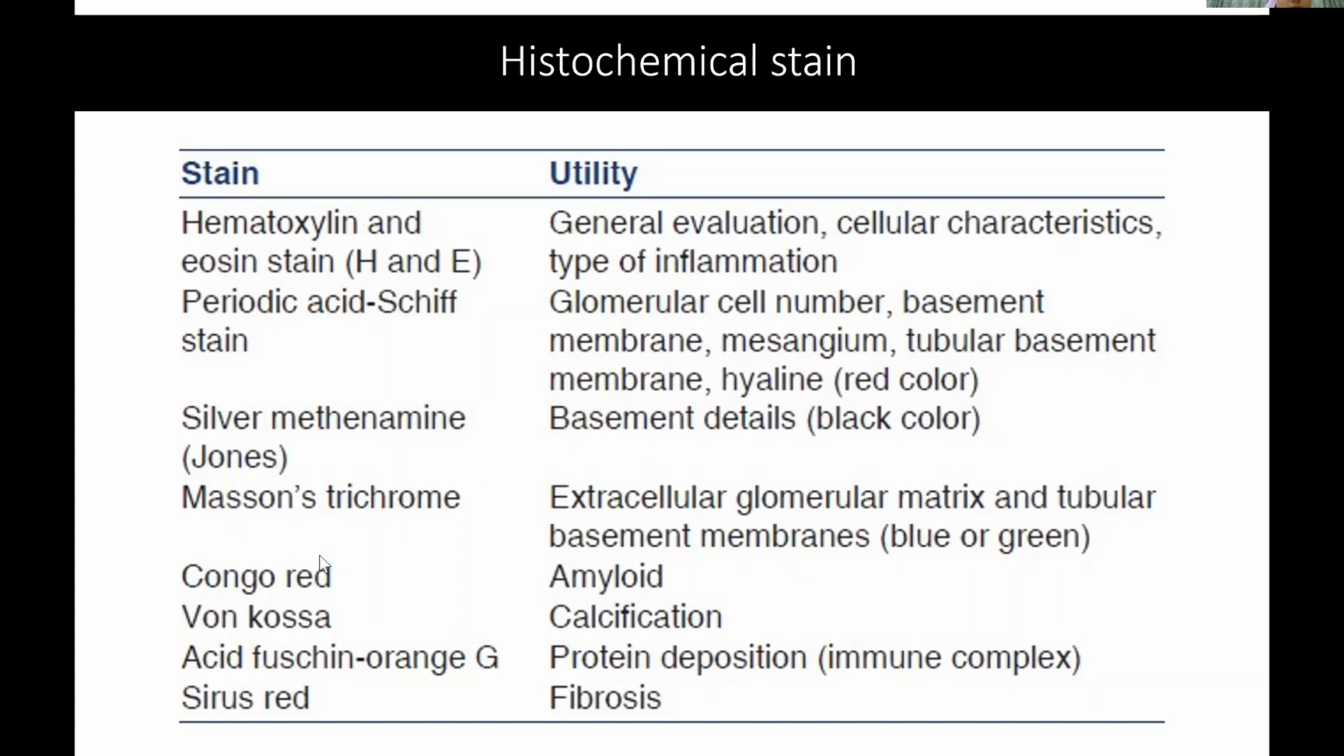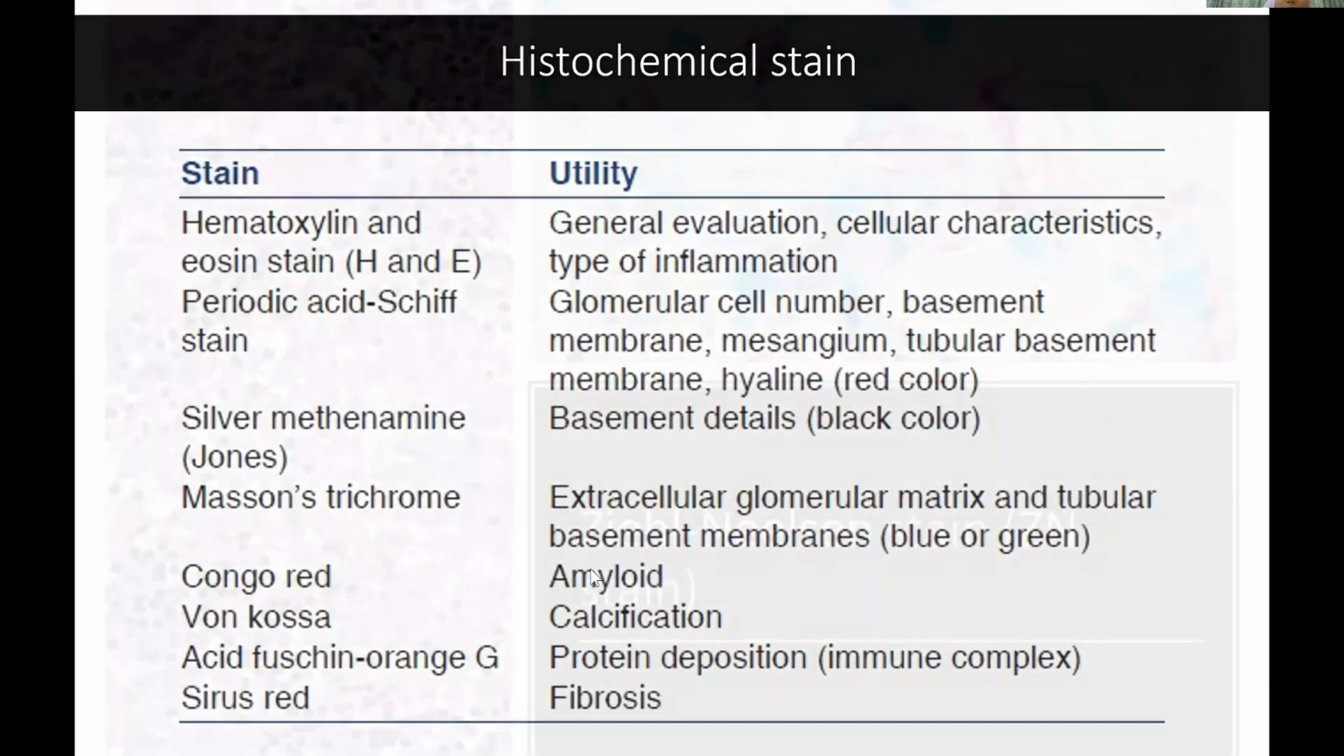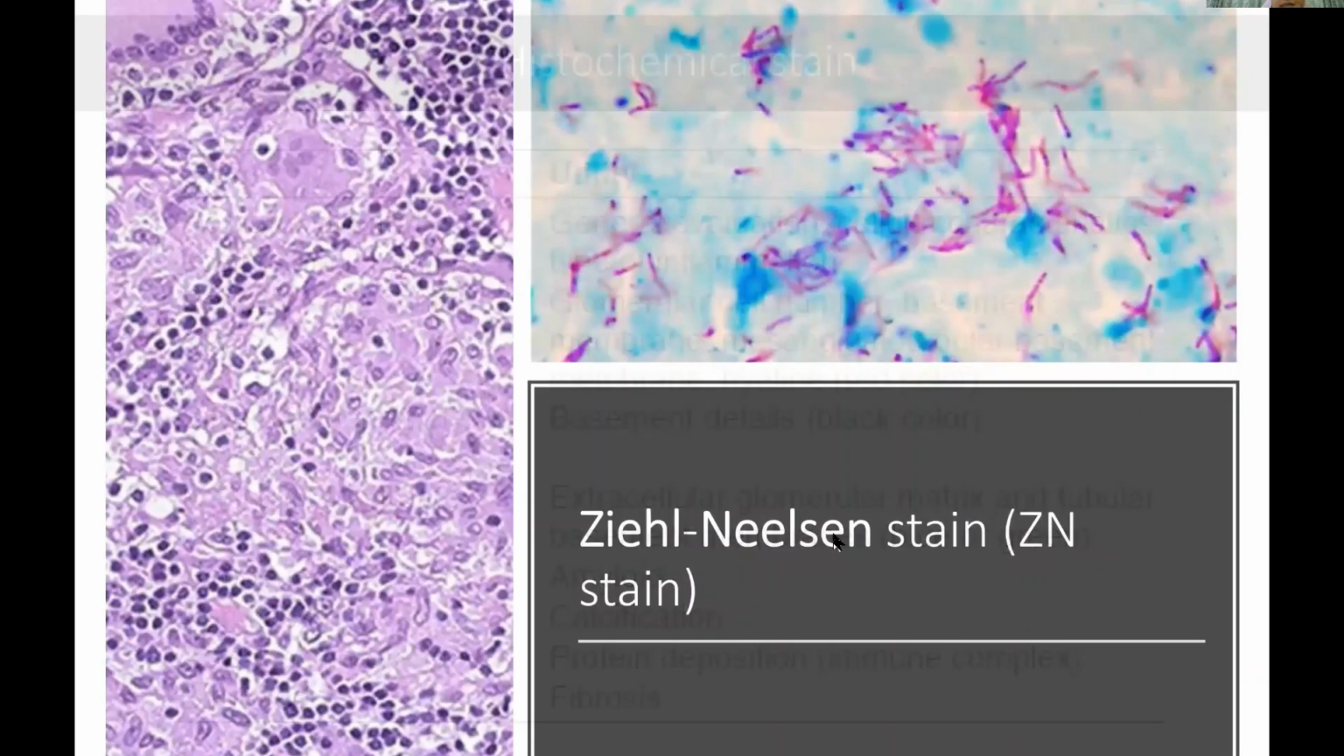Congo red, this one we use to clearly highlight amyloid. And this one is Ziehl-Neelsen. Ziehl-Neelsen stain is used when we want to see acid-fast bacilli. On histology, this is the H&E slide. I think you can recognize what we see here because before this, you had lectures with Dr. Hassana regarding granulomatous inflammation. This is a granuloma. Granuloma is